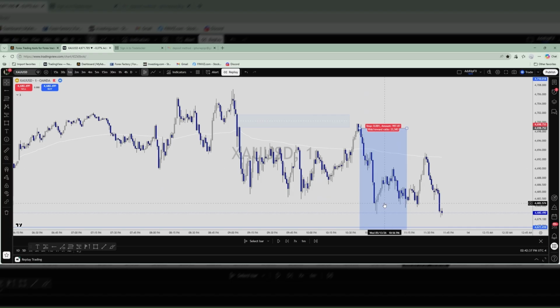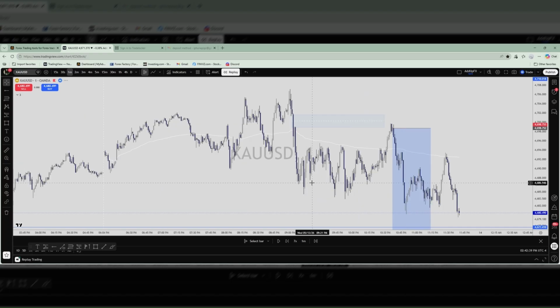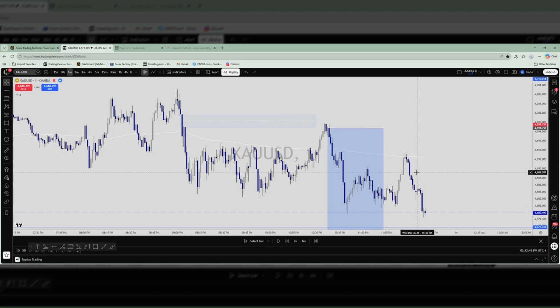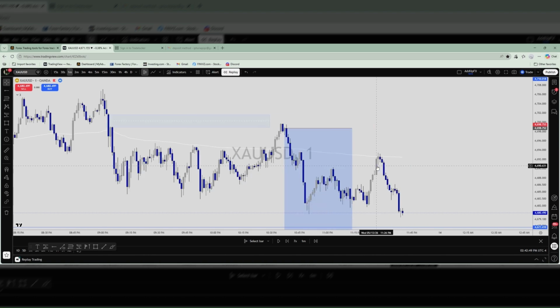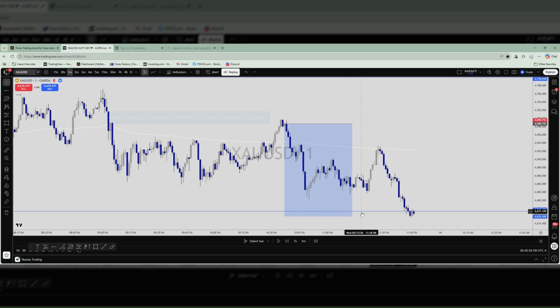So I'm thinking this is going to be like a 15-minute trade, and it's going to run straight to my take profit. I got a good entry, and I read the market correctly, and it's doing all of this. And this is why sometimes setting and forgetting is the best thing to do. And that's what I did. And you see, it ran my entry, it ran my take profit, and I was out of there.